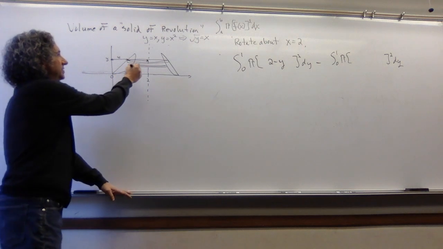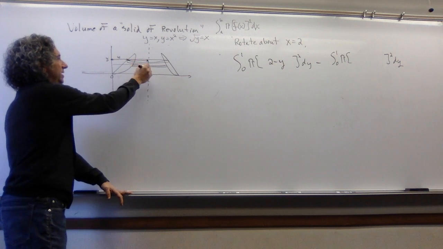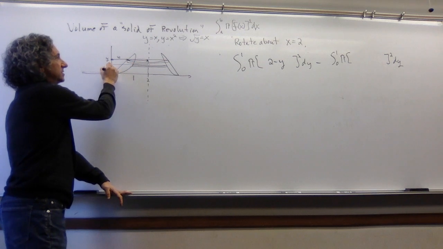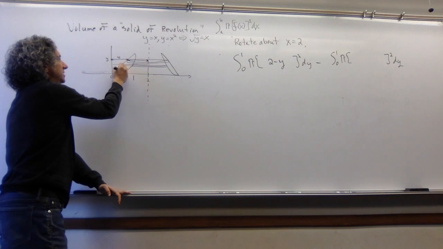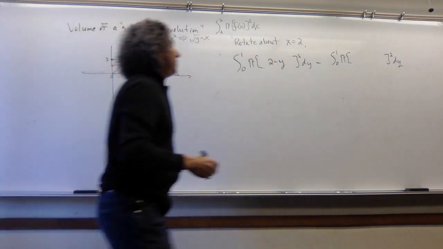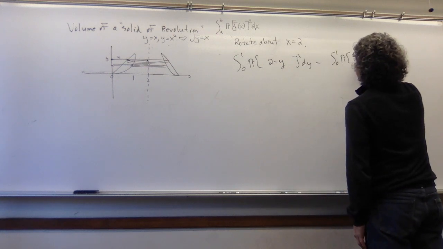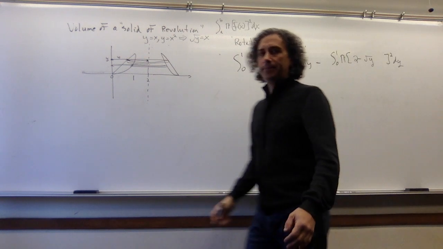All right, hopefully you said for this one, this whole distance is 2, so I'm trying to find this radius. That whole distance is 2. x equals the square root of y, so this distance is the square root of y. Therefore, this will be 2 minus the square root of y, quantity squared.